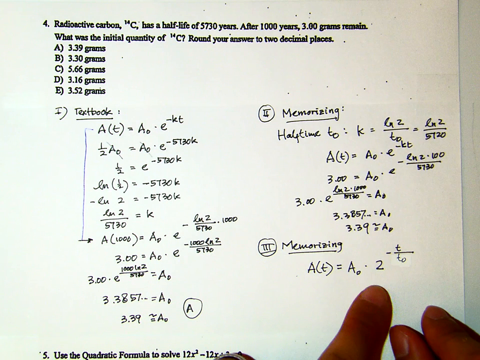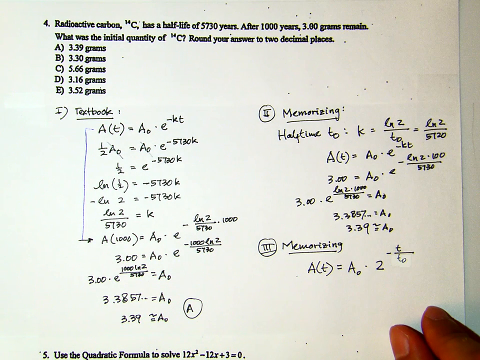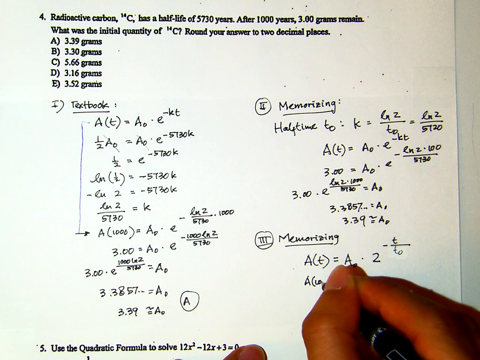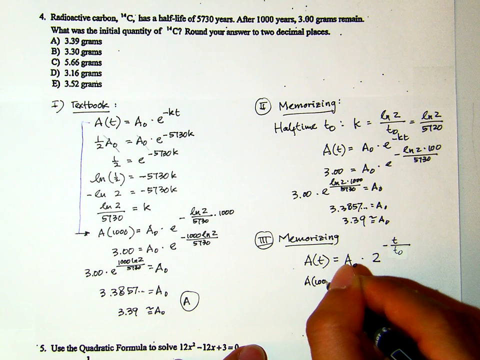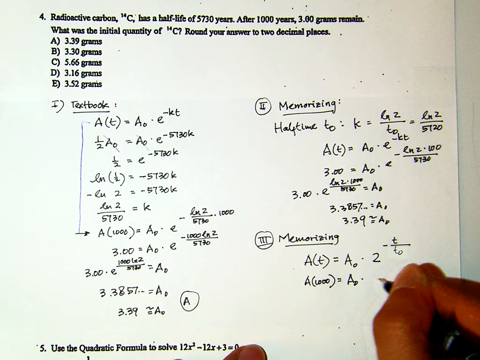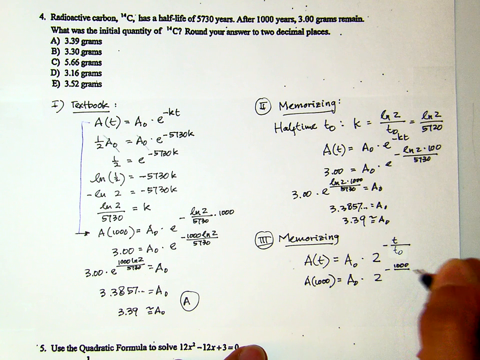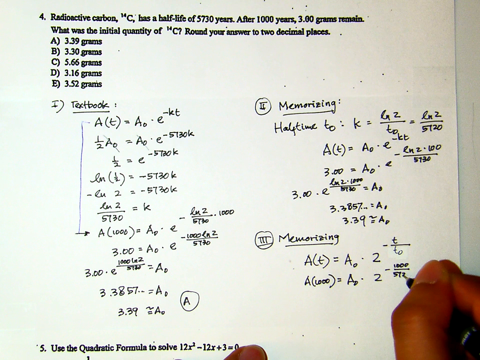So if you have growth, a doubling time, you can use this formula. Half time, I will use this formula. Okay, this is a lot faster, because then I can just plug it in. This is 1000 equals the original amount times 2 to the power of negative 1000 over half